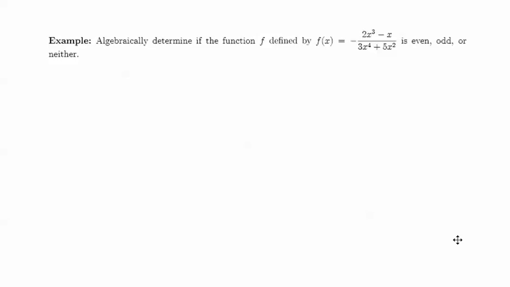In this example, we're going to algebraically determine if a function is an even function, an odd function, or neither of those. First, let's recall what it takes to be even. For a function to be even, we need f of negative x to equal f of x for all x in the domain of f. And to be odd, we need f of negative x to equal negative f of x for all x in